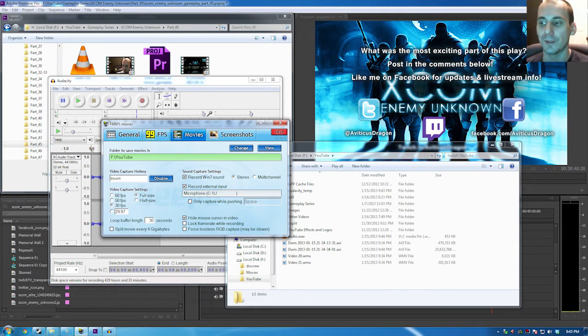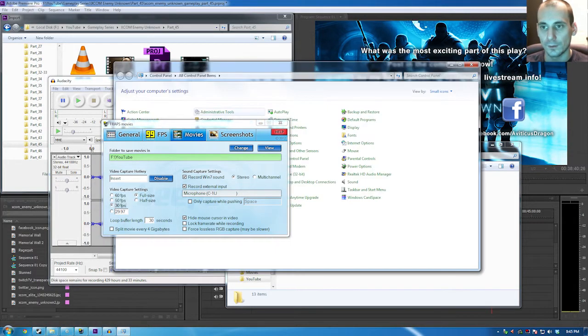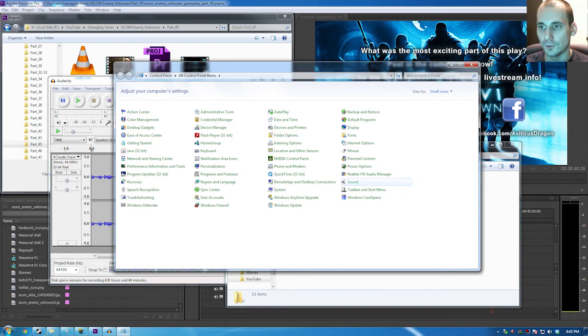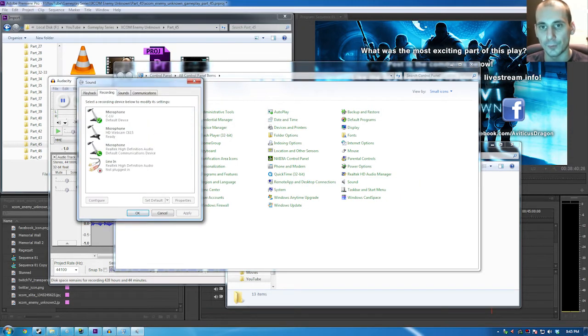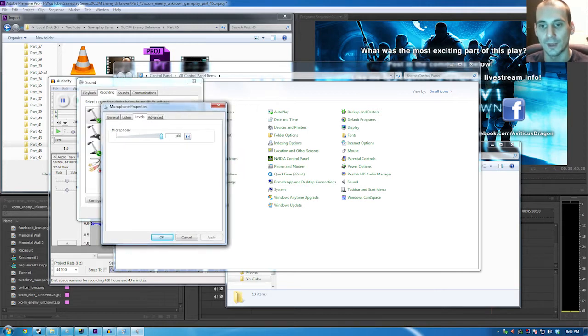You have to make sure that your volume, not only your playback volume, but you want to make sure your sound recording volume. All right, there's two tabs, playback and recording. You want to make sure that your recording volume, if you right click on your device, go to properties, then go to levels, you want to make sure that it's set to a decent level. Now I have my mic set to 100 because the